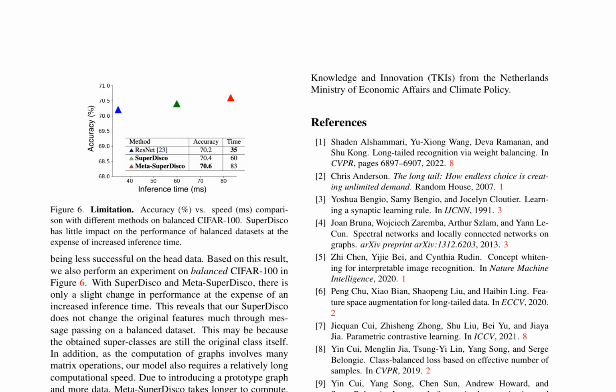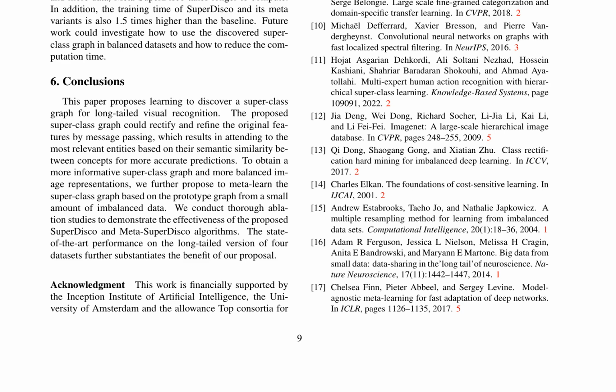To address this issue, the authors introduce the SuperDisco model, which uses a superclass graph to connect classes in a hierarchical manner. This graph is learned during training and allows for the refinement of features through message passing between related classes. The authors also propose a metalearning variant, Meta SuperDisco, which uses a prototype graph to further improve the informativeness of the superclass graph. The paper provides an in-depth analysis of the proposed methods, including their limitations and potential areas